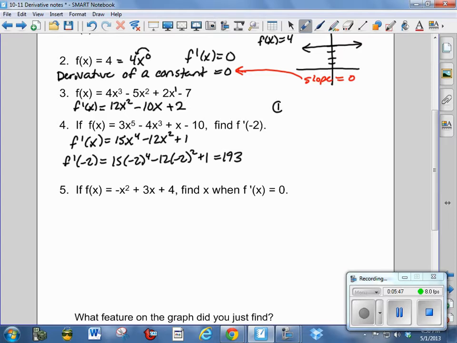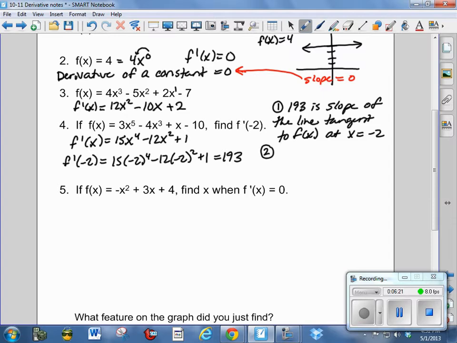First interpretation: 193 is the slope of the line tangent to f of x at x equals negative 2. So that means when we're looking at that graph, when x is negative 2, the graph is very steeply sloped in the positive direction. Number 2,